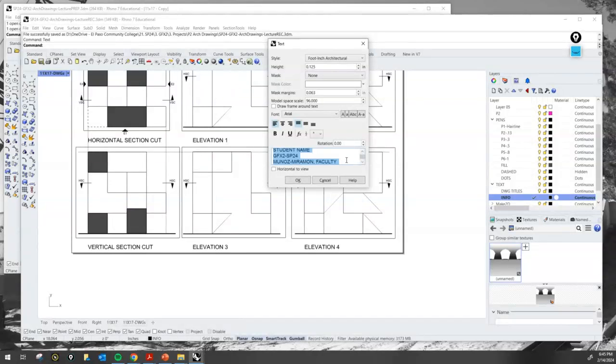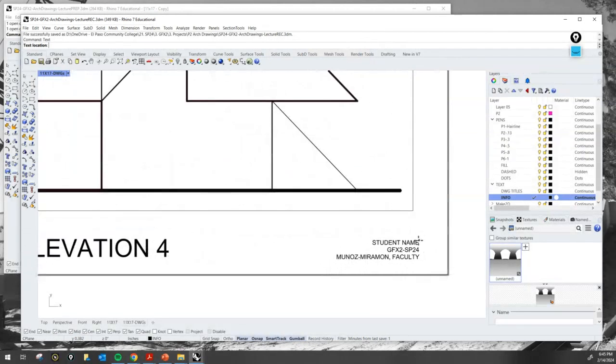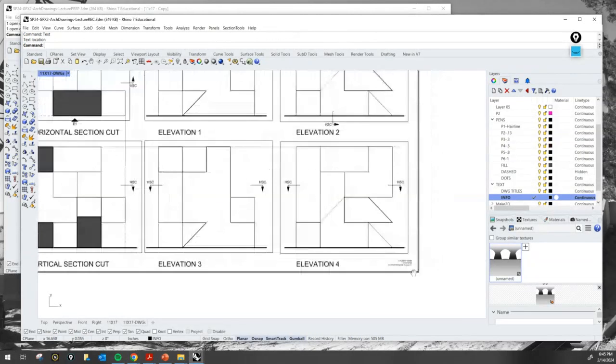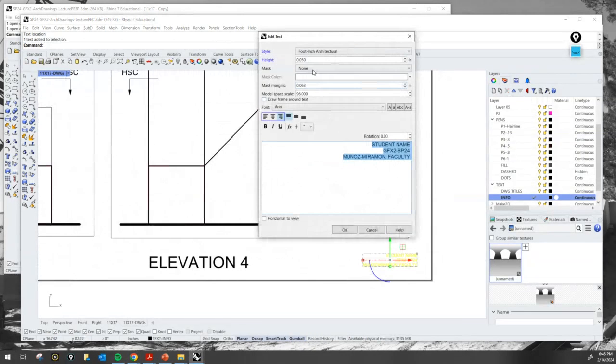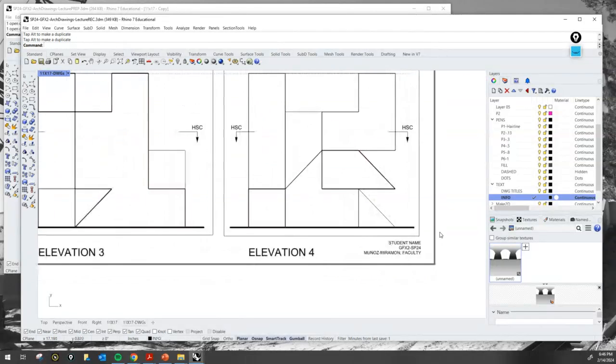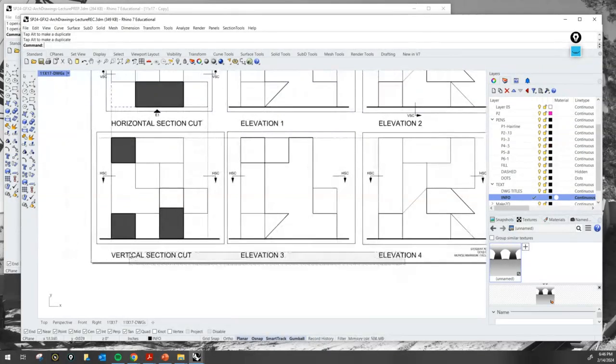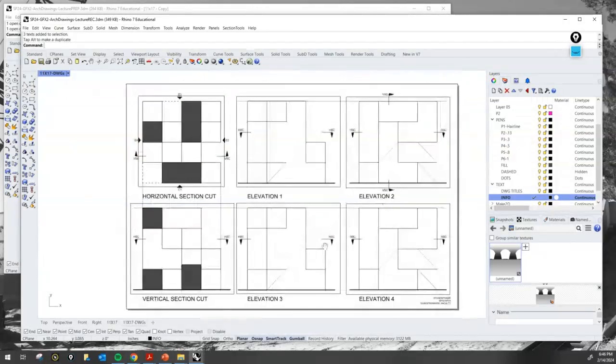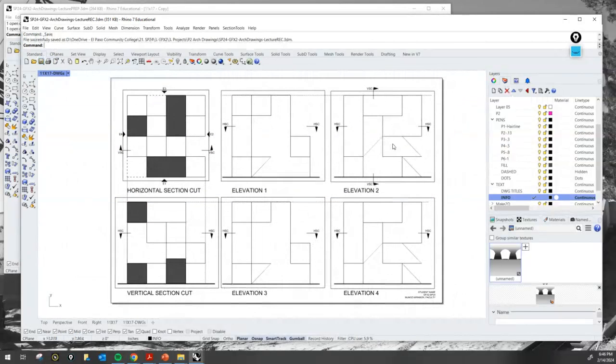So we can get to the habit of this. Control A for all. Orient here to the right, and then probably we're going to need a pretty small size text. All right, place it right here. For right now, maybe that's too small, but we'll have to keep an eye on our margins. I think this text might be too low for when we print, because remember that we don't want to crop anything out. Okay, so we'll save this right here